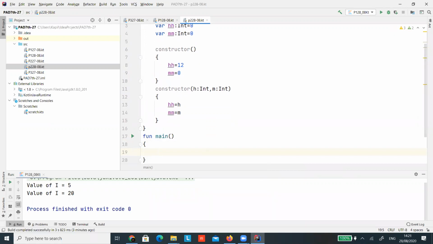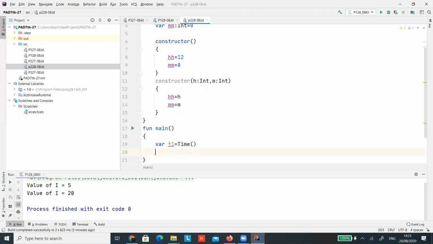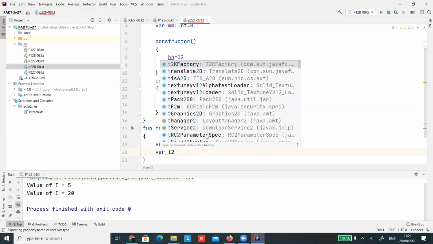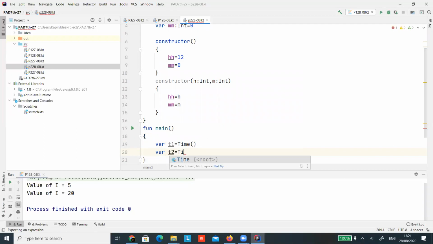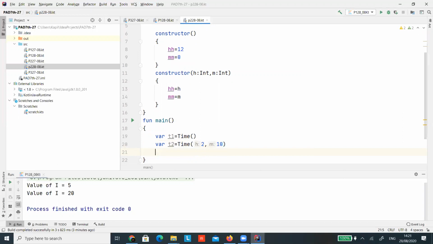So like this, variable T1 equal to Time, and then T2 equal to Time. So now suppose I want to make another variable.